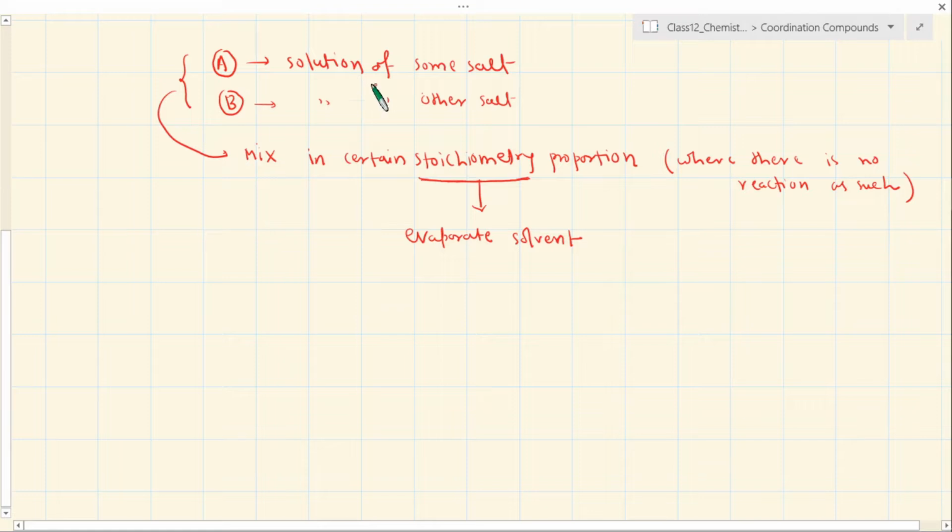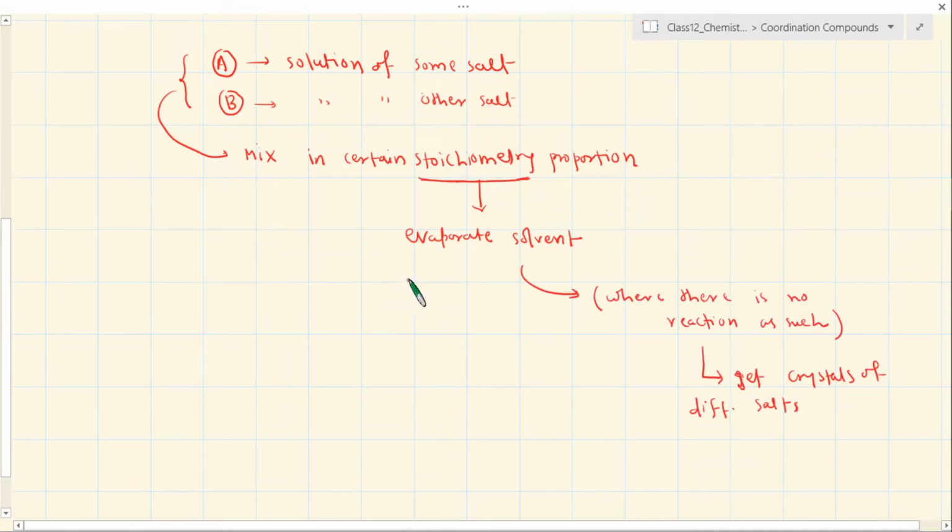Crystallization is also one of the ways in which you can separate out two substances or two salts. Suppose you create a mixture, and suppose the saturation point of one of the salts is lower, then it will come out of the solution first as crystal. Then slowly, once this is done, the other salt may also come out as crystal of its own. Okay? So you can separate two different crystals or multiple crystals from a mixture of a variety of salts. This is our common understanding.